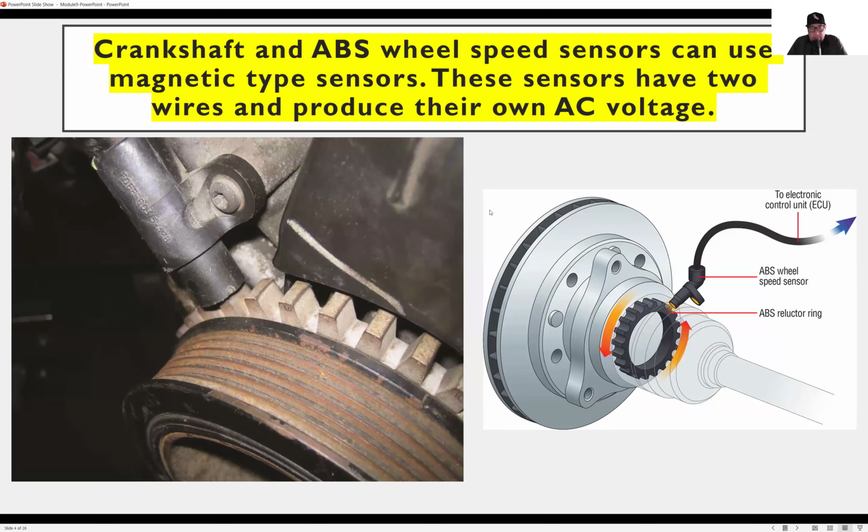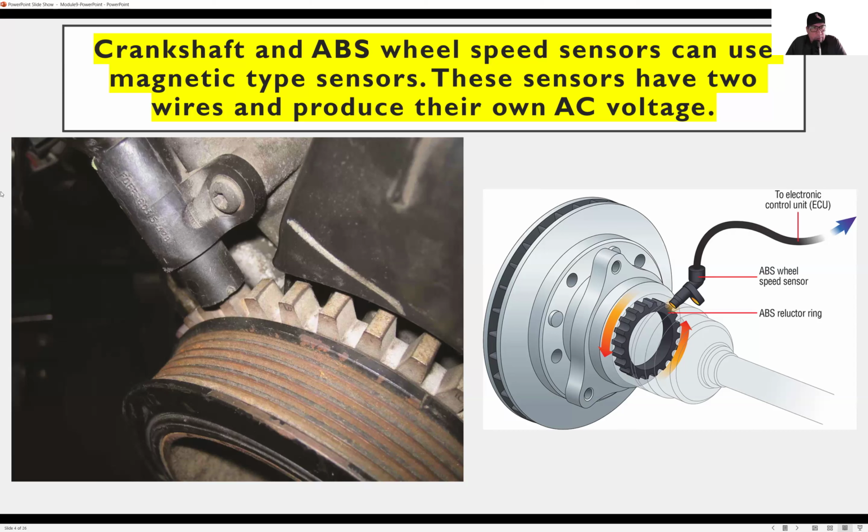Okay, so we also find magnetism in ABS wheel speed sensors or any type of sensor that has 2 wires. Now, the sensors that have 2 wires produce electricity, and the way they produce it is through magnetism. Within the sensor itself, there's a coil. The coil is basically a piece of wire wrapped around a piece of metal. There are 2 ends to it. The 2 ends of the wire come out into the wiring of the sensor and go back to the module. When we have a tone wheel or reluctor, I should say, the one with the teeth,